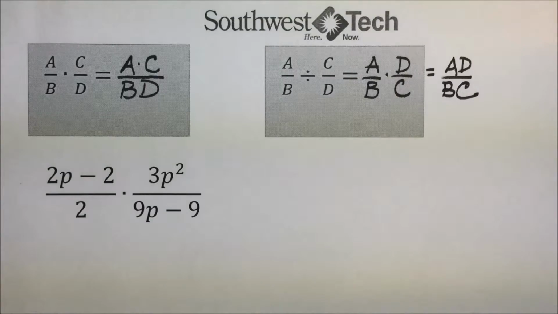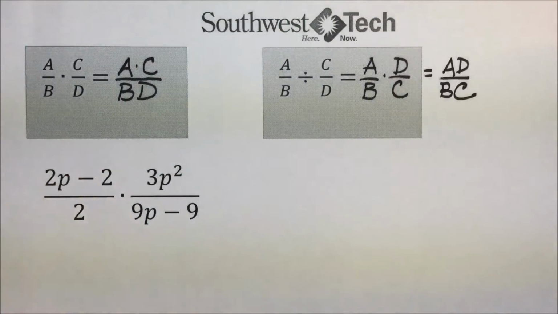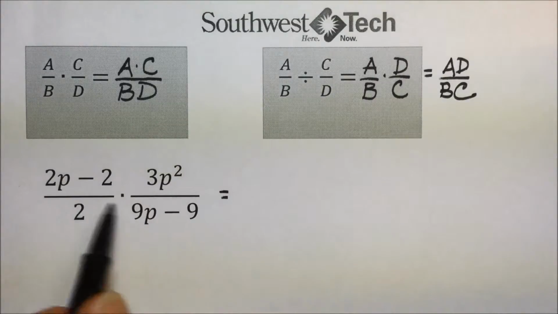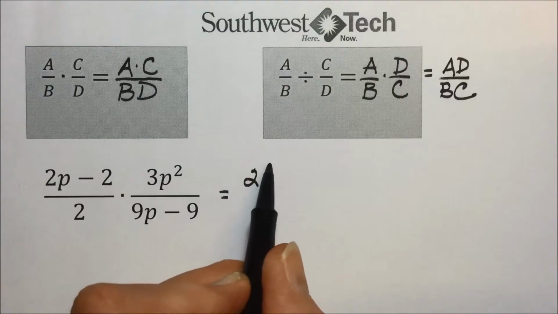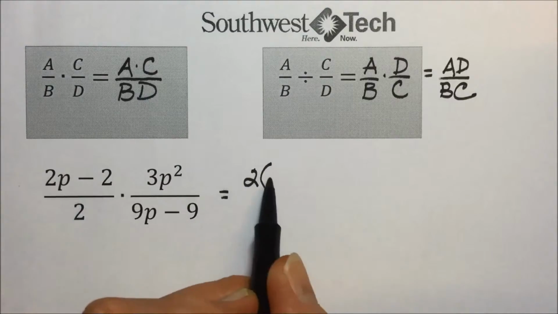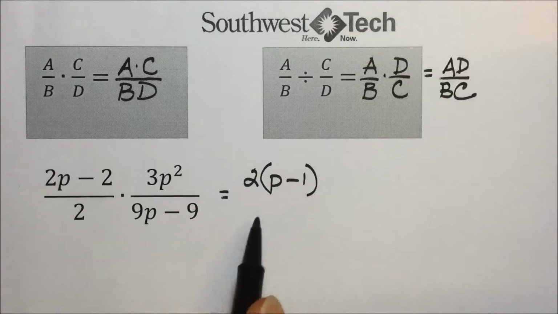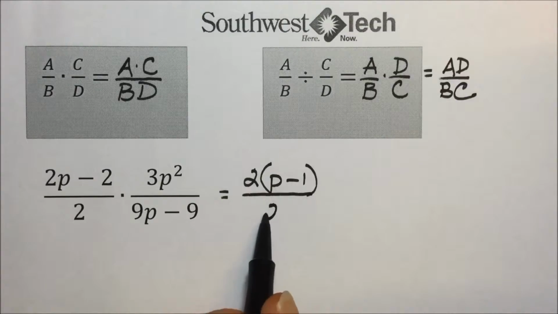So let's take a look at this first problem here. They're asking us to multiply a rational expression by a rational expression. Before we multiply, instead, let's factor and see what components are in each of these rational expressions. So on the first rational expression in the numerator, between those two terms of this binomial, we have a common 2. Factoring out the 2, dividing each term by 2, leaves us with a p minus 1 over a common denominator